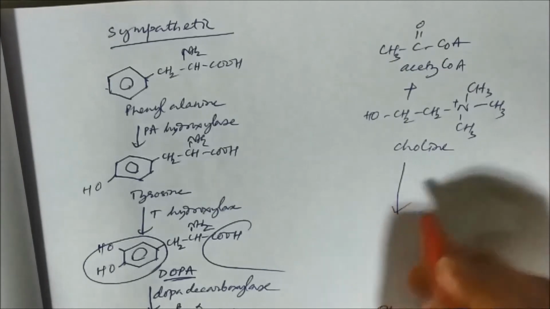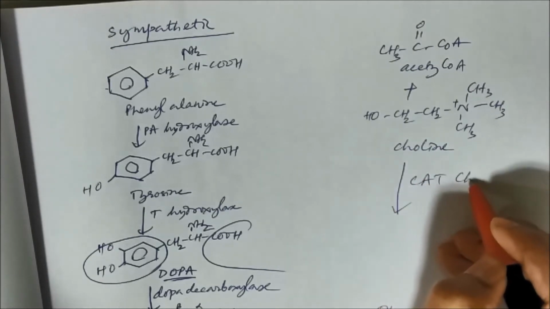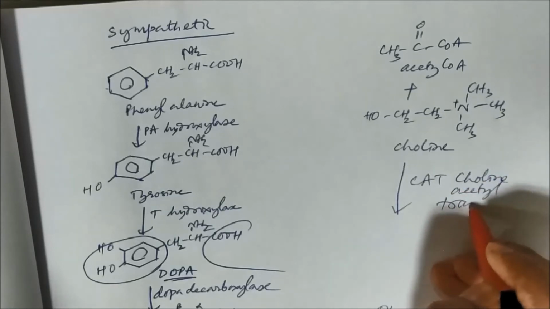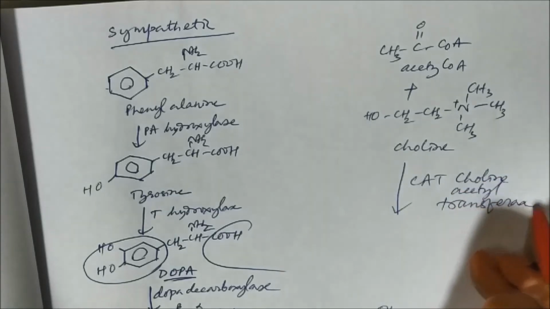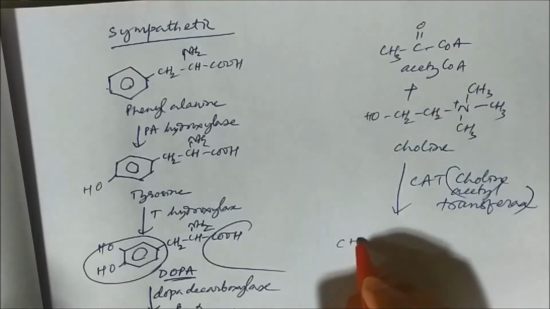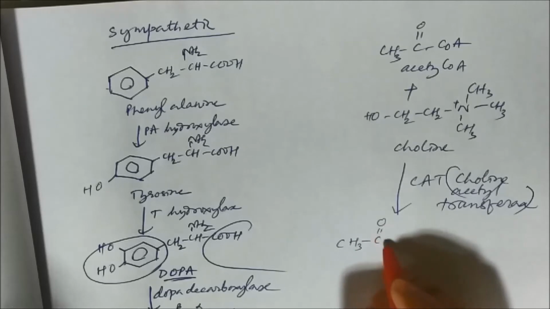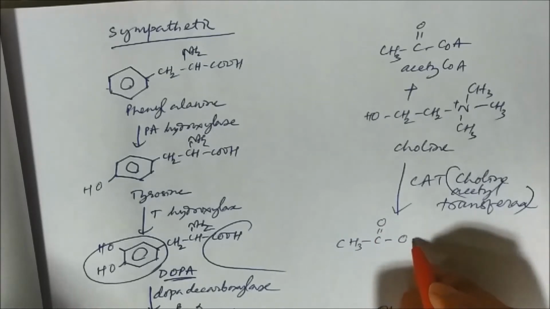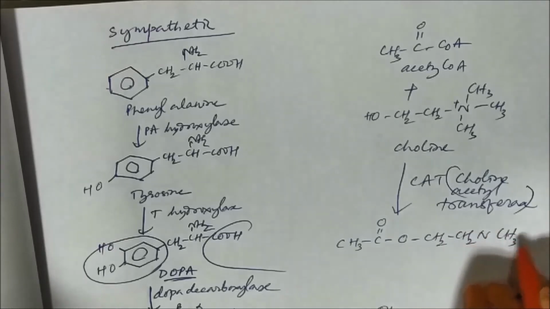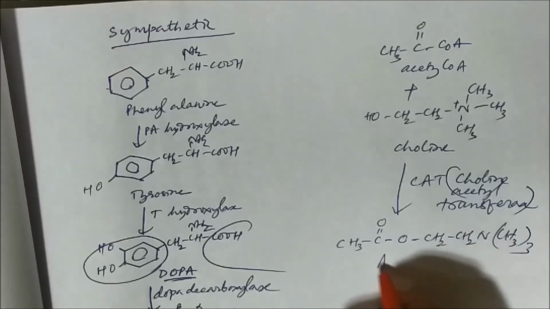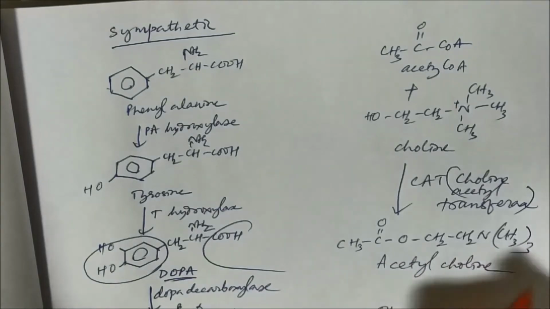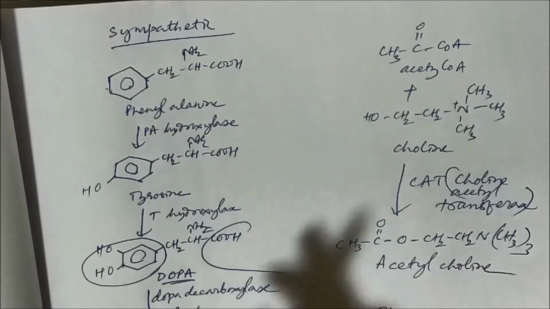One step, and the enzyme is CAT, choline acetyltransferase. So what will happen? An ester will be formed, CH3COO, CH2, N, CH3. This is acetylcholine. Okay, so first step,